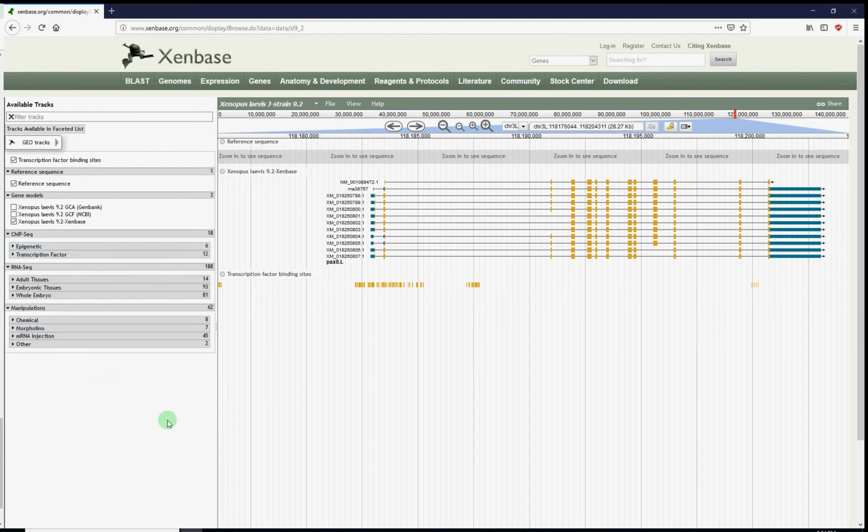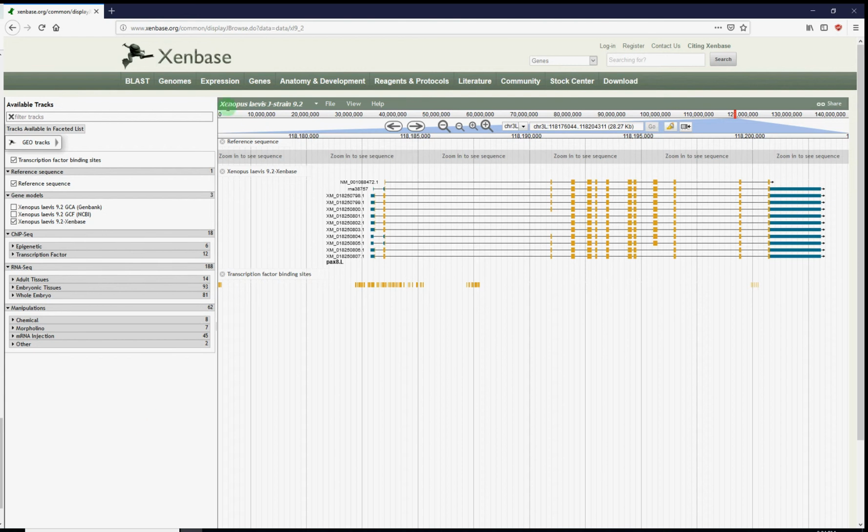So you'll see there's some peak call tracks for Lavis. There's more for Tropicalis, but not for every single bigwig data track, only for the ones that were available that we could process. Another way, the new way, if you like to use for filtering